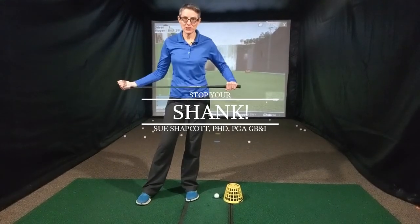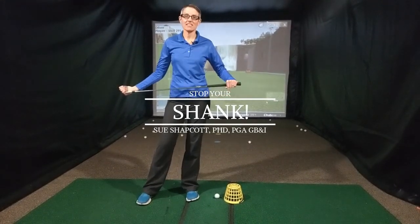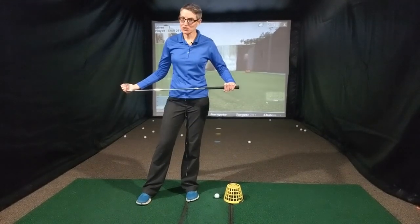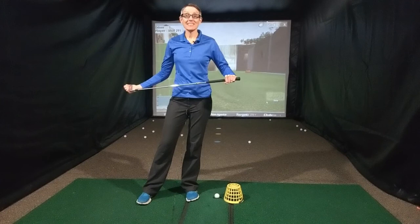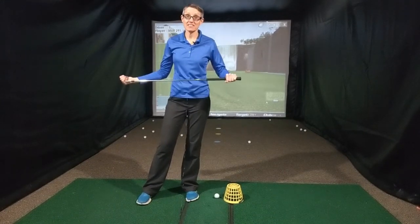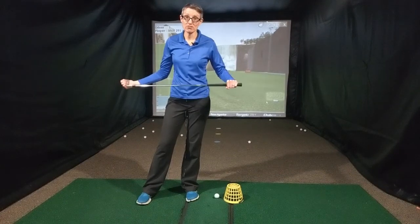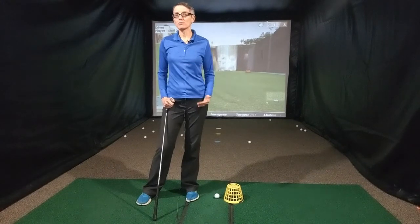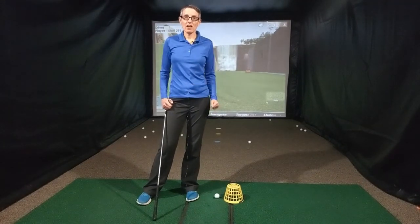Okay, we are going to talk about the dreaded shanks. Shank, I'm going to say it, it's not contagious. It's a terrible thing for golfers to have, but it's the easiest thing to fix. There's always a really logical reason why someone is shanking the ball. So as an instructor, I enjoy teaching people who have the shanks because I know that we can get